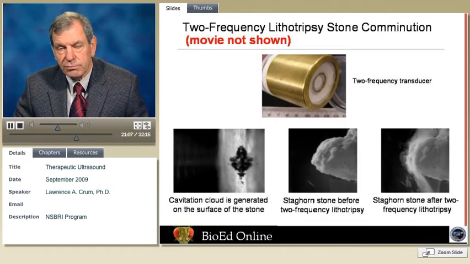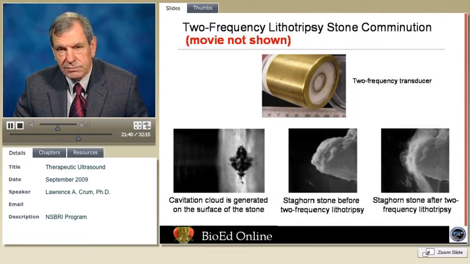I'm going to show a movie now, which is shown by these figures on the bottom. The figure on the bottom left shows the sort of cavitation field that's generated. The figure in the middle is a real kidney stone, a staghorn stone. These are the typical ones that form in the kidney and do not leave the kidney immediately, because they tend to collect in the collecting area of the kidney. And the figure on the right shows the application of this two-frequency system that tends to debride the stone